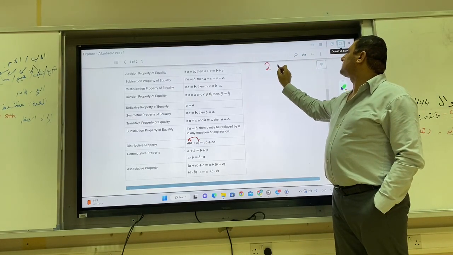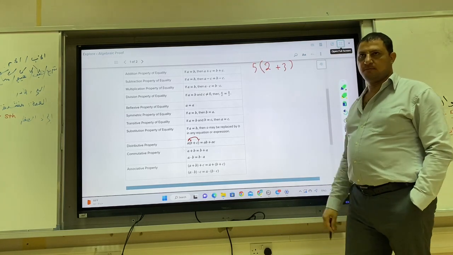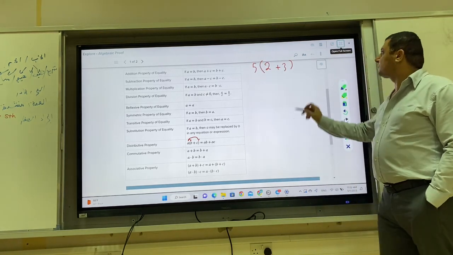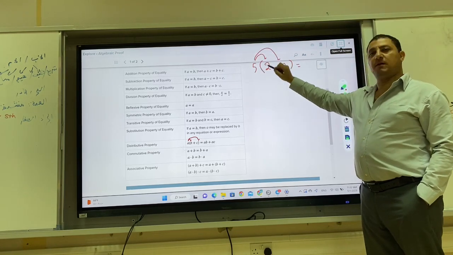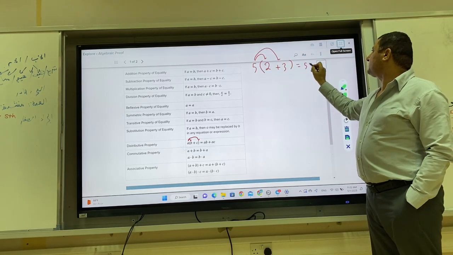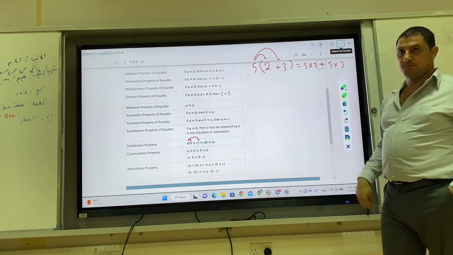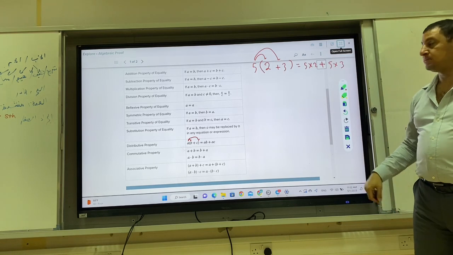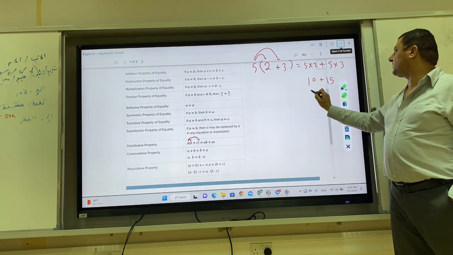Let's say 2 plus 3, and I will distribute 5 to them. So this can be solved as 5 times 2 and 5 times 3. 5 times 2 is 10, 5 times 3 is 15. If I add 10 to 15, then the answer is